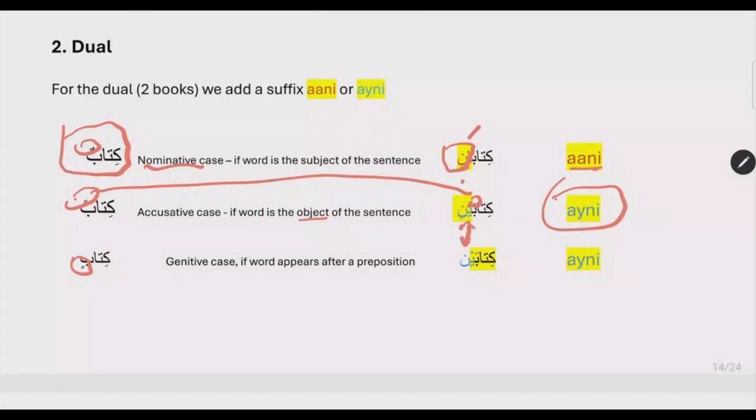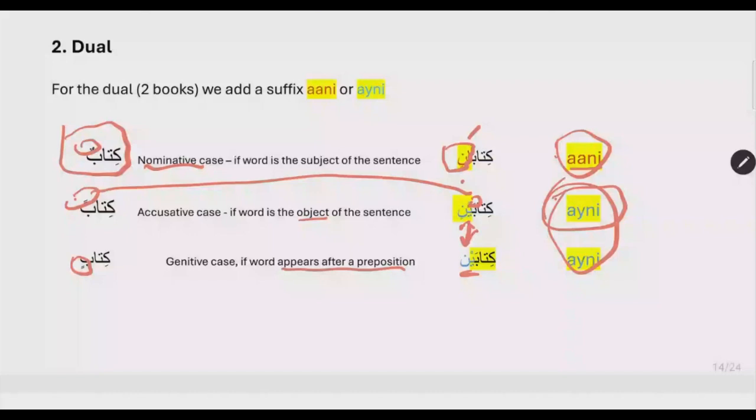So the accusative and genitive have the same case ending, kitabeni, and it's noticeable in the sentence if it appears after a preposition or if it's in an idafa construction, which is a second reason why a noun can be genitive in case. And we'll do idafa as a separate lesson maybe in about 2 weeks' time. So for now, you can see that ani and aini are the two suffix endings representing dual in